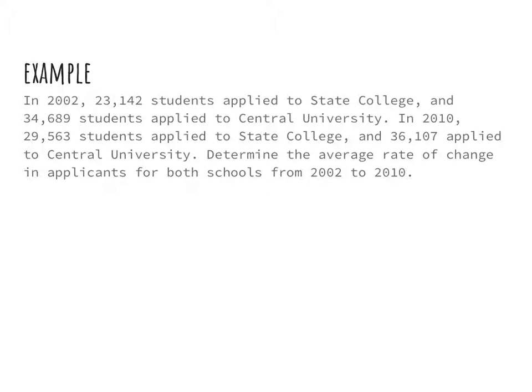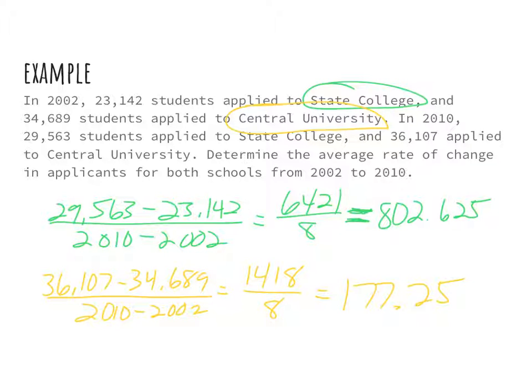Go ahead and pause the video and define the average rate of change for students at State College and Central University from 2002 to 2010 before hitting play and seeing how you did. So I did State College in green, so I would take 29,563 minus 23,142, and I divide that by 2010 minus 2002. Giving me an average rate of change of